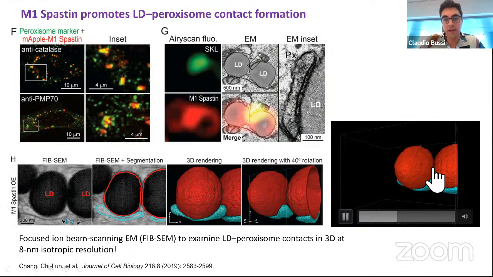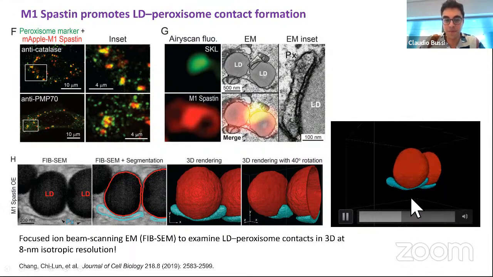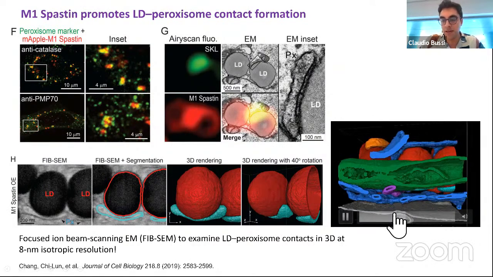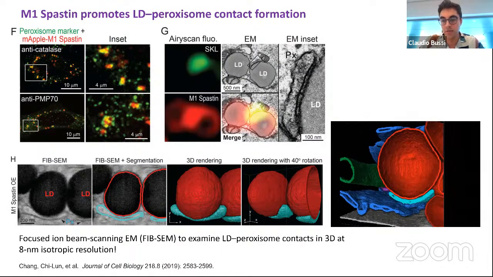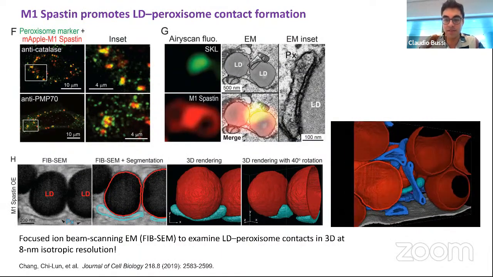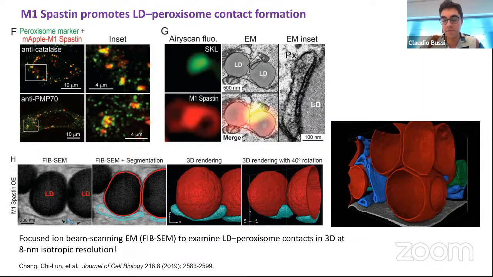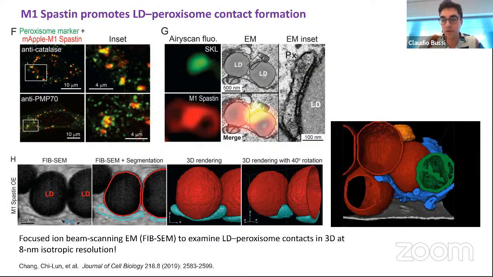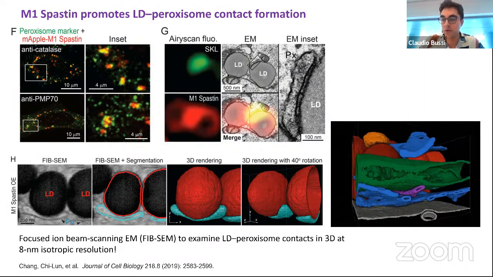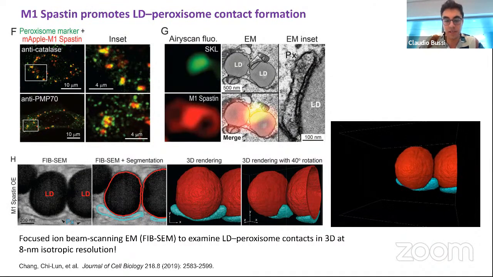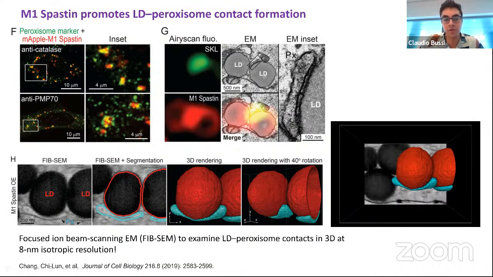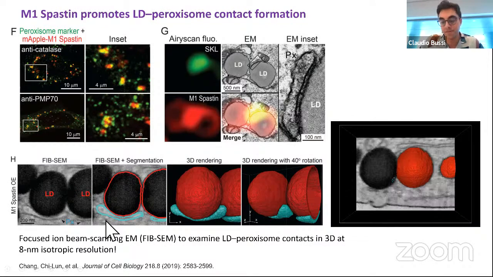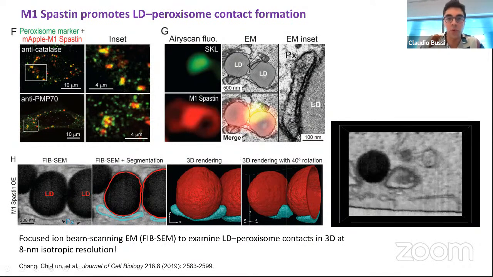Entonces acá en rojo tenemos a los lipid droplets, y en este turquesa cian se encuentran los peroxisomas, facilitando el sitio de contacto organela-organela. Y luego en otros colores ellos hicieron la reconstrucción del resto de las organelas en esa superficie, en todo el volumen. Fíjense aquí la resolución que ellos alcanzan es de 8 nanómetros en X, en Y y en Z. O sea, es muy, muy bueno.